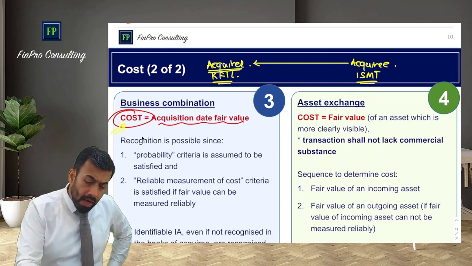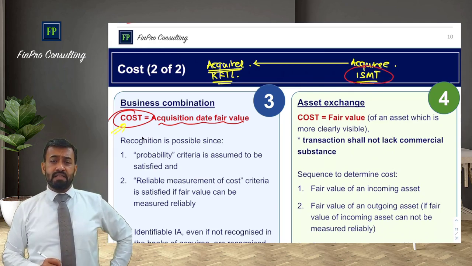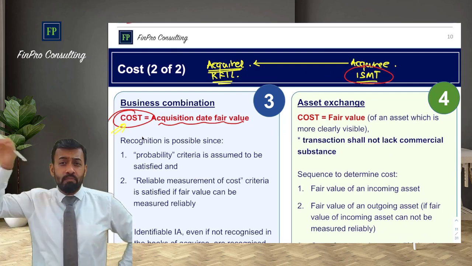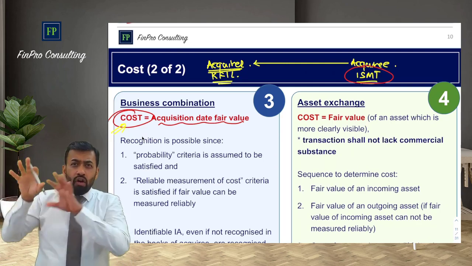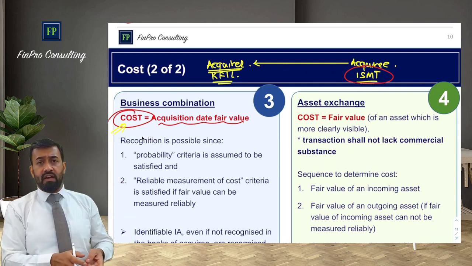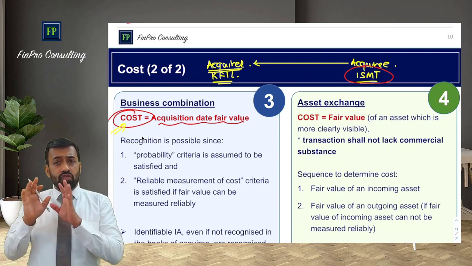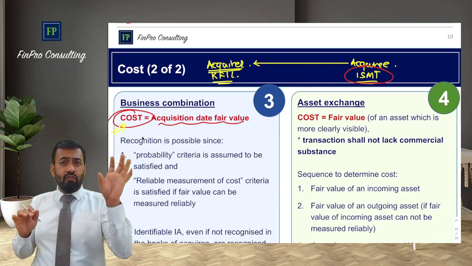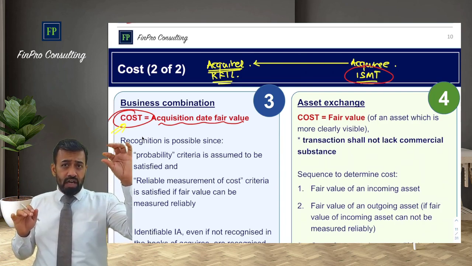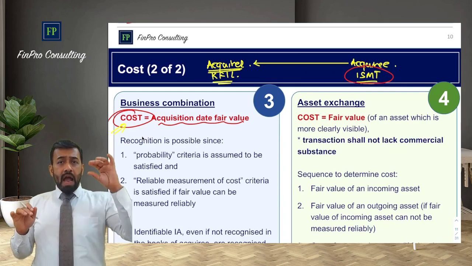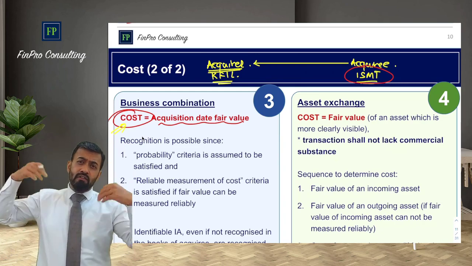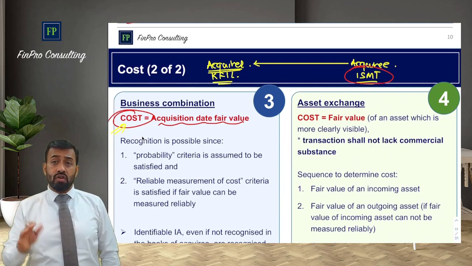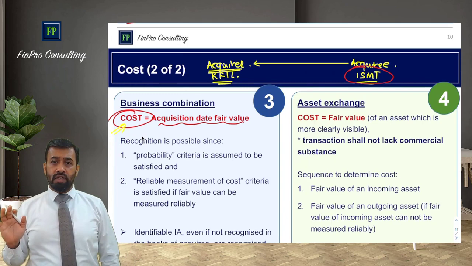It's not the book value of assets which are recorded in the books of ISMT. Those are the book values of the acquiree. He will not sell those assets at book value to KFIL. Definitely not. So as on the date of acquisition, whenever the transaction has taken place, they will determine a particular date of acquisition. As on that date, whatever is the fair value of those assets will be considered as the cost of the assets acquired as a part of the business combination.